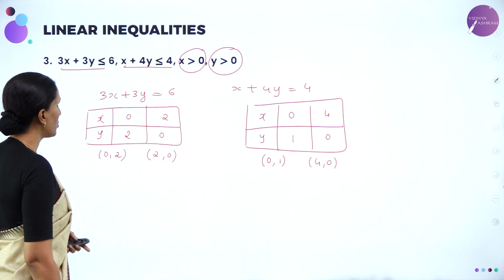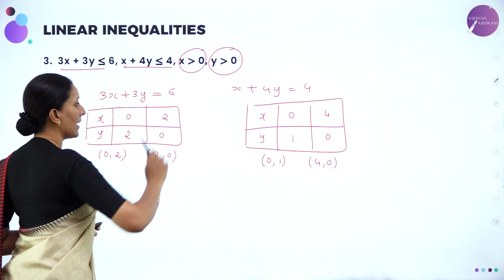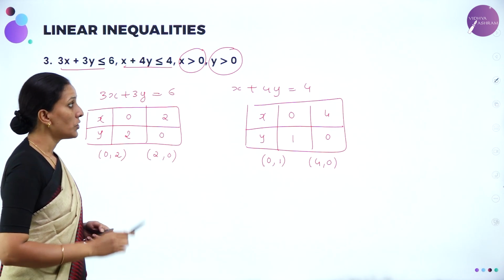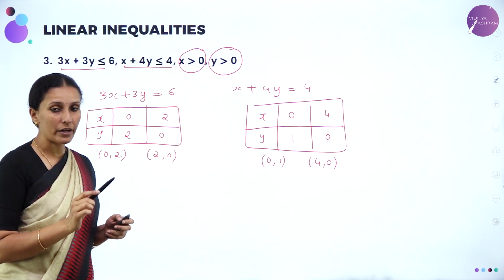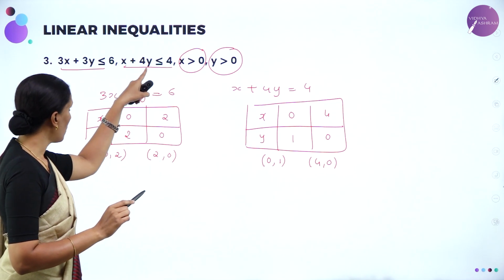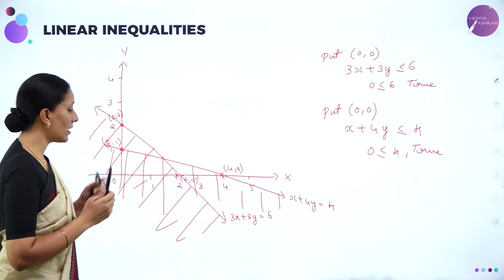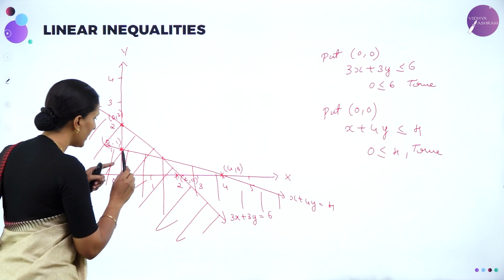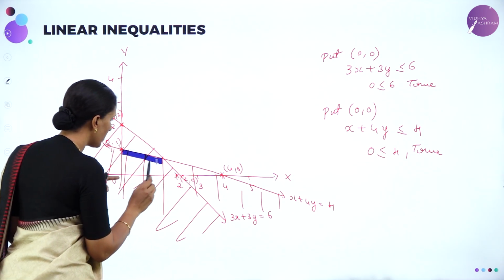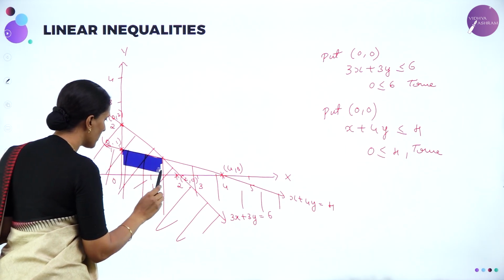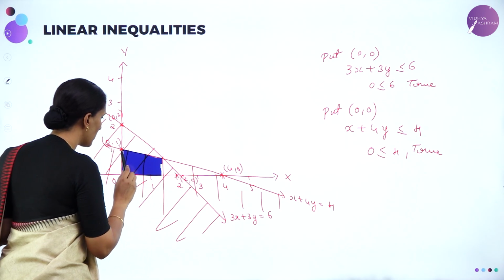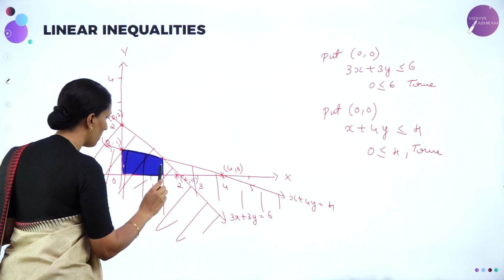But in the question, they have told you x is greater than 0, y is greater than 0. So I need to find the common region which satisfies both the inequalities only in the first quadrant. So which is that common region? You can see here, this region in the first quadrant will be the solution region for both the